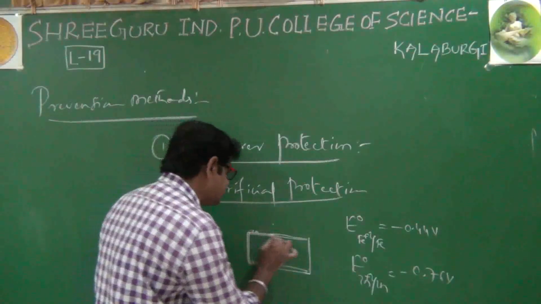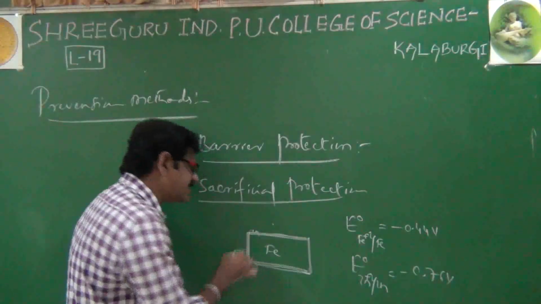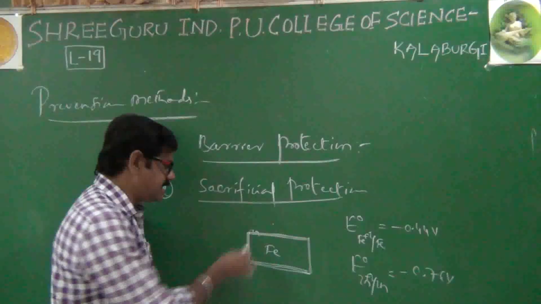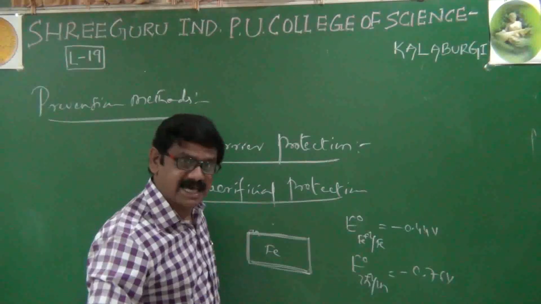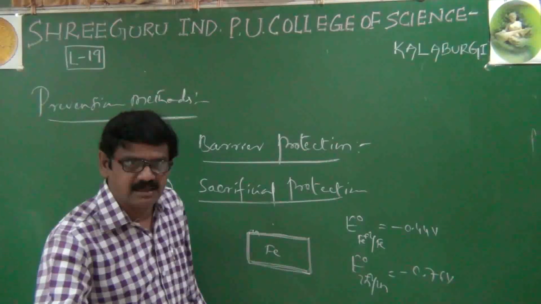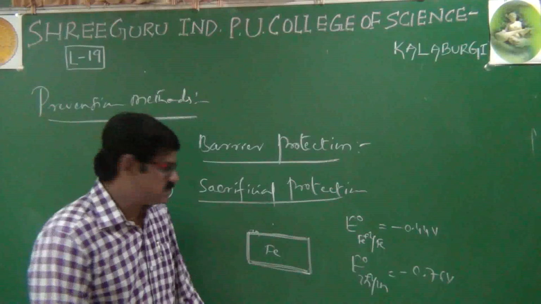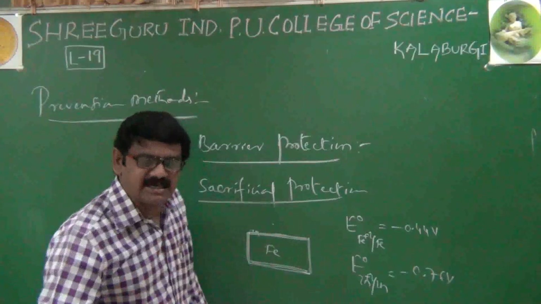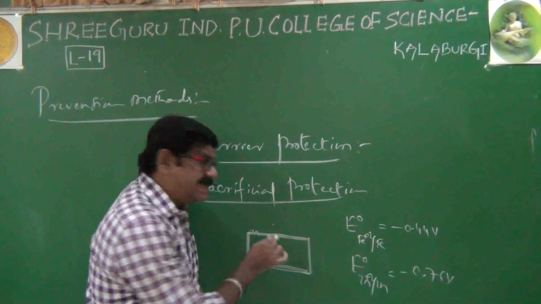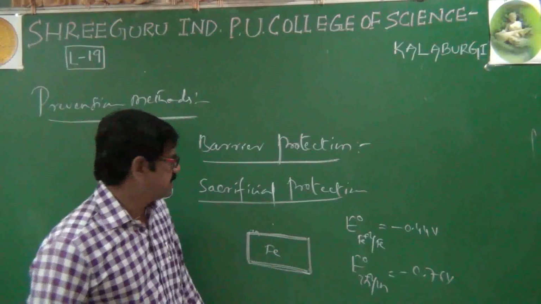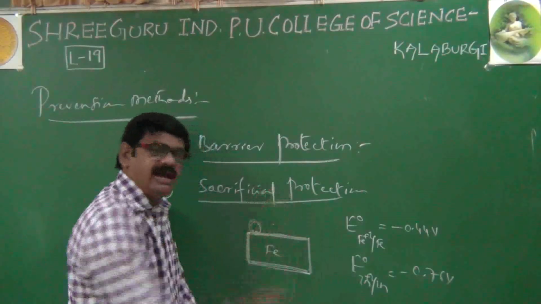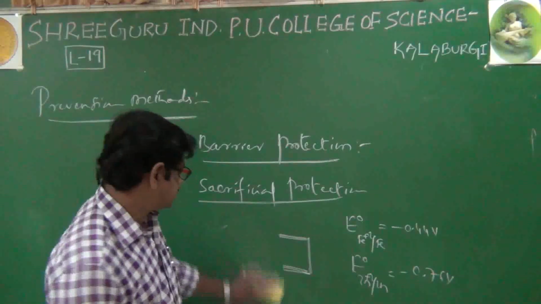So I am just placing zinc on its surface. What happens now? When iron and zinc are compared to each other, zinc, being of less SRP value, easily undergoes oxidation. Oxidation is nothing but corrosion here. Because of less SRP, zinc undergoes oxidation and finally zinc undergoes corrosion. But the iron is safe inside. That is nothing but sacrificial protection. Here zinc is sacrificing for the iron. That's it. Next, the third one is